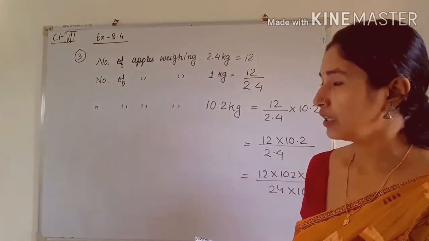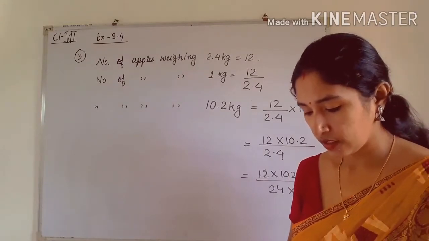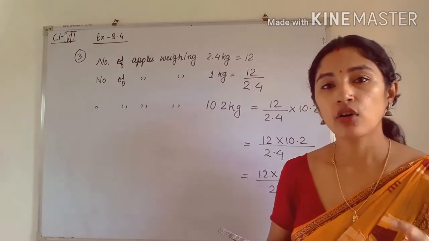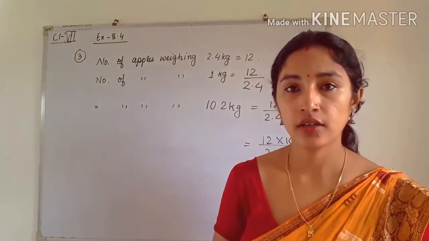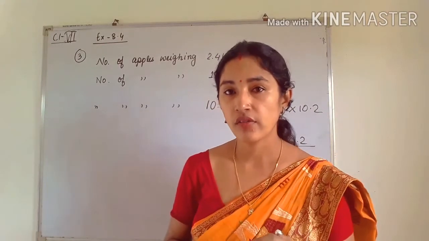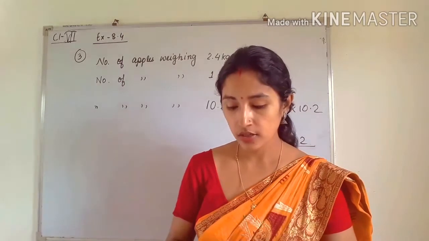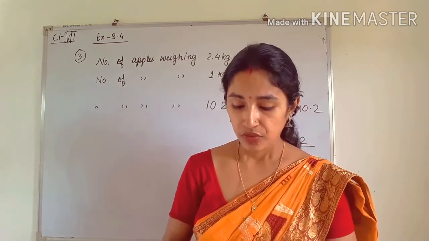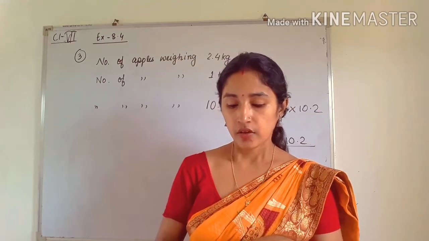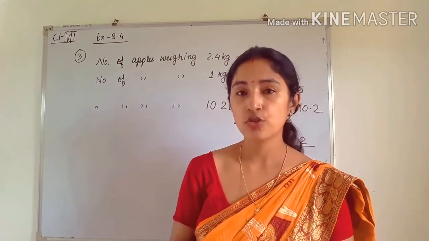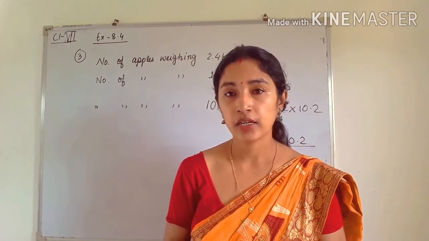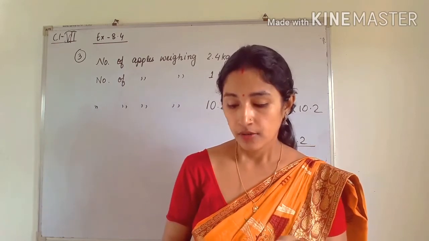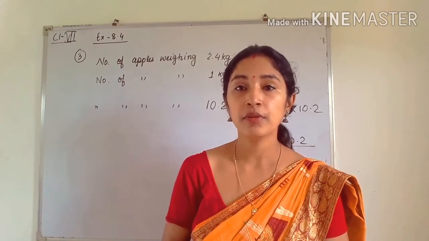Okay. So see, now I am doing question number 3. Here it is written, a dozen apples weigh 2.4 kg. That means the weight of 1 dozen apples. 1 dozen means there are a total of 12 apples. So the weight of 12 apples is what? 2.4 kg. Next, how many apples will weigh 10.2 kg? So the number of apples will be more, because see, the weight is increasing. Before, the weight was 2.4 kg, that is the weight of 12 apples. Now we have to find how many apples will be there so that the total weight will become 10.2 kg.